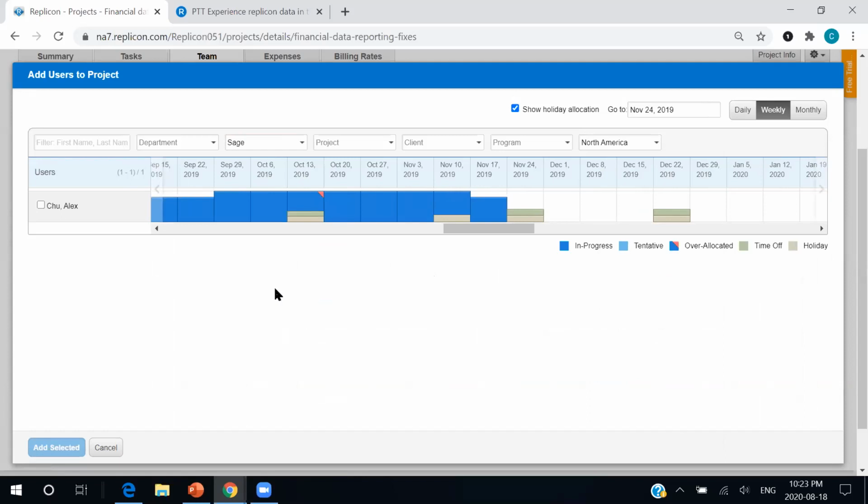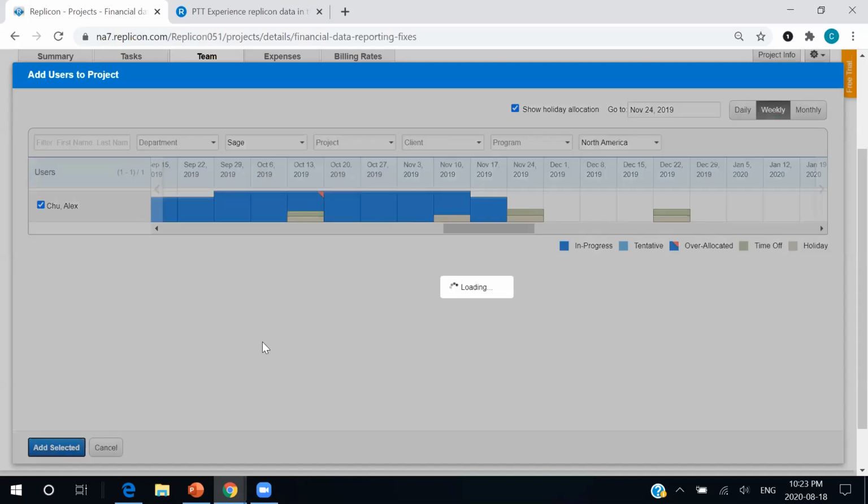Now, maybe in this instance, there were a couple of people with Sage architect skills and North America availability. We can actually rank them on their skill on a scale of 1 to 3. And then when we search through this, it will allow us to understand maybe we need an entry-level person who's going to cost less, or maybe we need our master Sage architect on this job. We will be able to decide accordingly and assign them with ease. So Alex Chu, you're on the team.